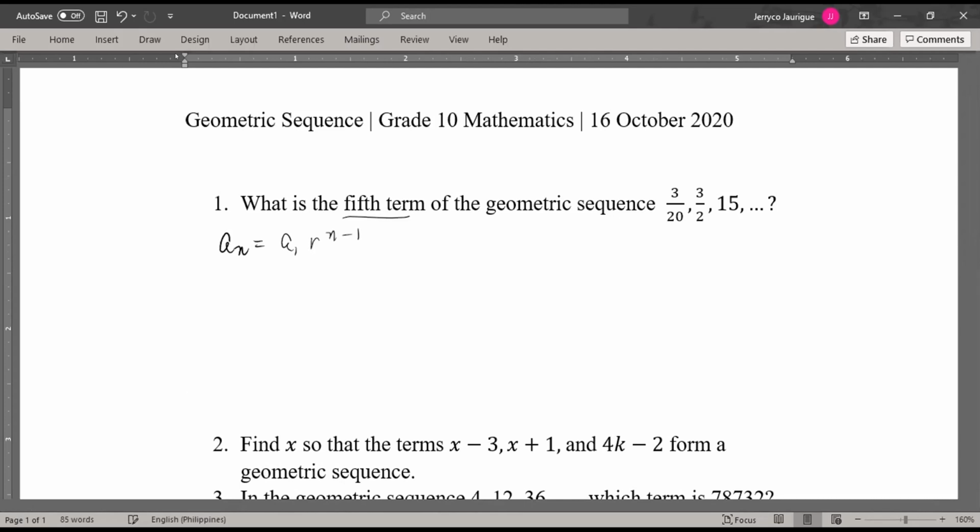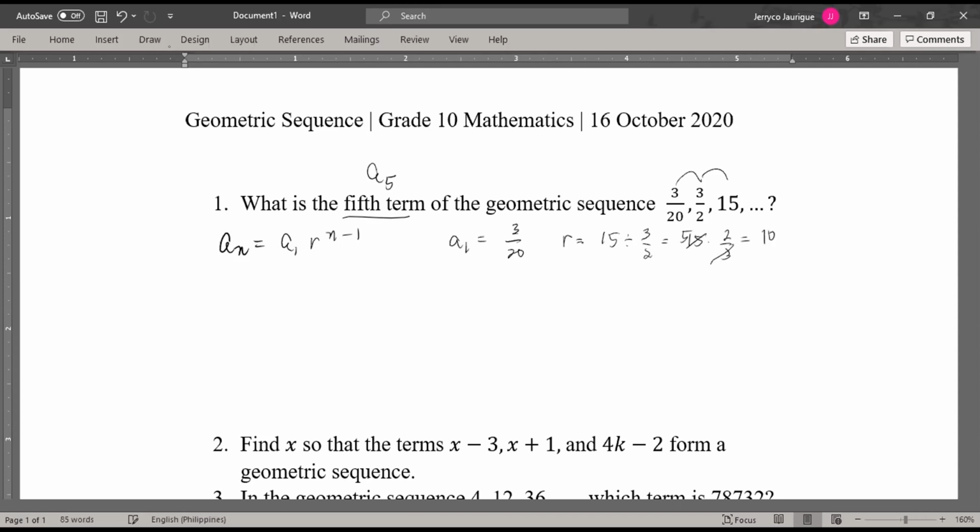Since we're going to look for the fifth term, we're looking for a sub 5. So we'll substitute 5 to n, and our first term is 3 over 20. And the common ratio, which do you think is easier to get, from the first and second terms, or from the second and third? The second and third. So it's 15 divided by 3 halves, which is equivalent to 15 times 2/3, which is equivalent to